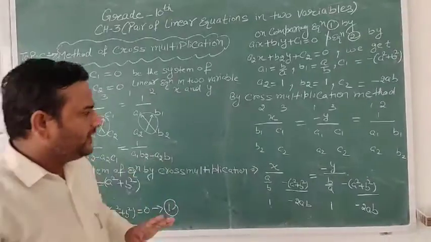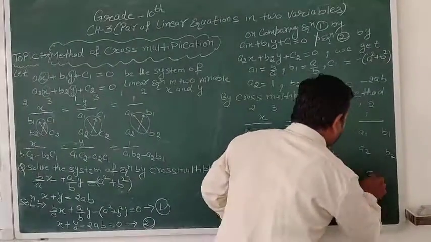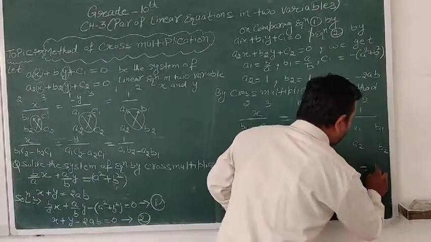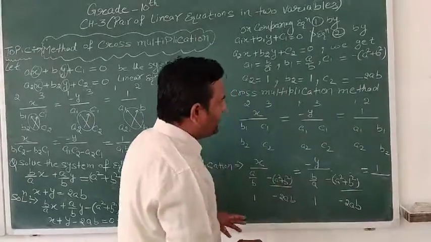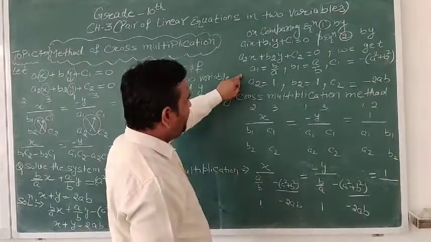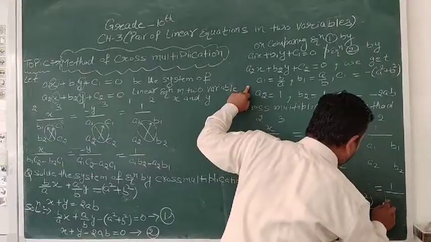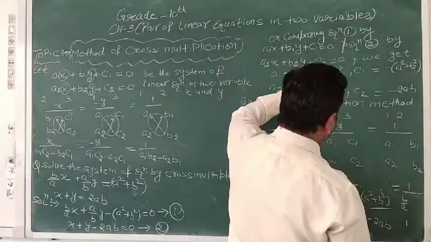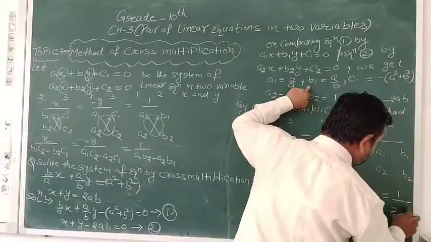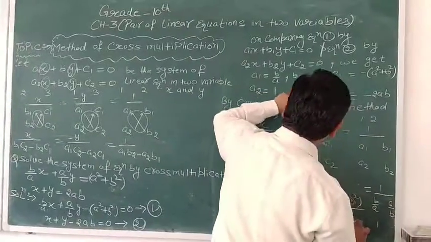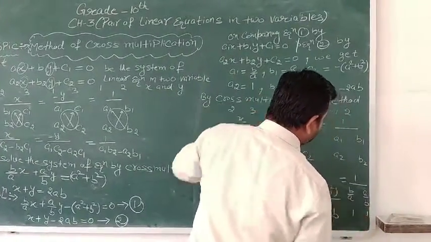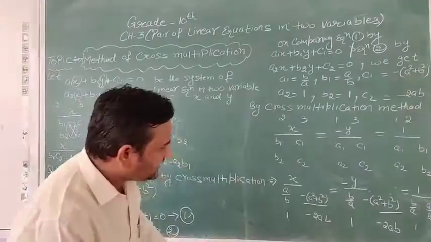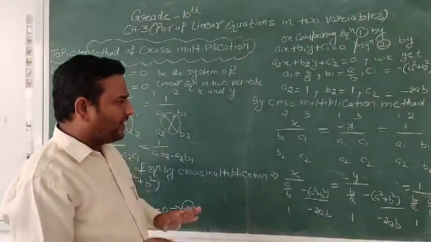Be careful when you write your values, guys. It further equals to what? 1 upon. Now we have to write the last value, a1 upon a2. a1 is what? b upon a, and a2 is what, students? 1, and b1 is what, students? a upon b, and b2 is what, students? 1. See students, now we finish with all our required values.